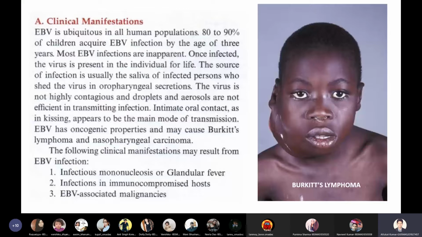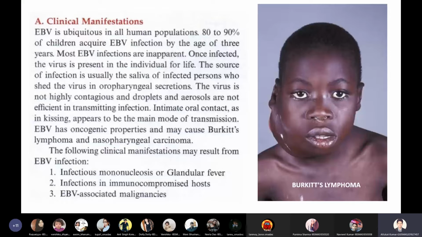Another important thing that I want to stress about Epstein-Barr virus is that it is one of the common opportunistic viral infections seen in patients that are immunocompromised or immunosuppressed. For example, in case of AIDS, the person who has HIV infection has a high chance of getting opportunistic infections such as Candida infection and Aspergillus. Coming to the viruses, he may get Epstein-Barr virus infection due to the immunocompromised condition of the body. So Epstein-Barr virus is also one of the opportunistic infections.